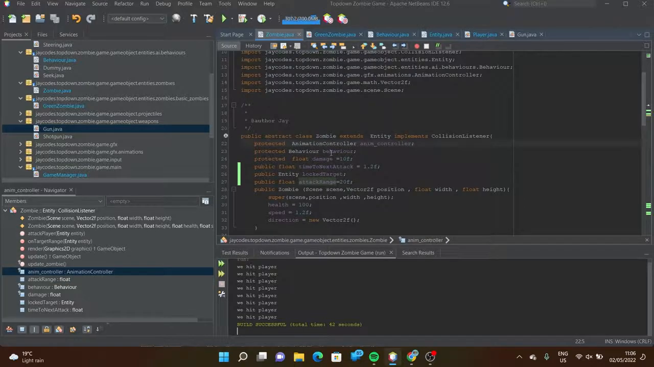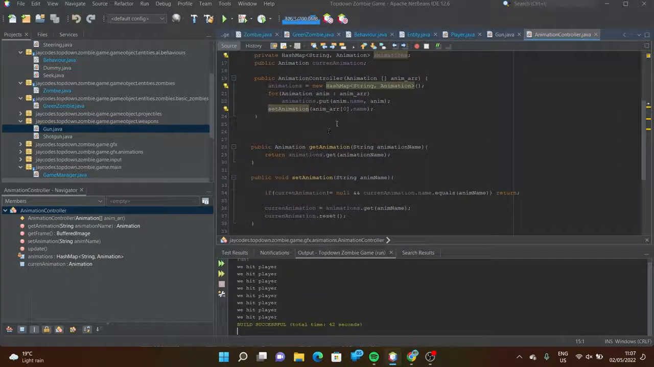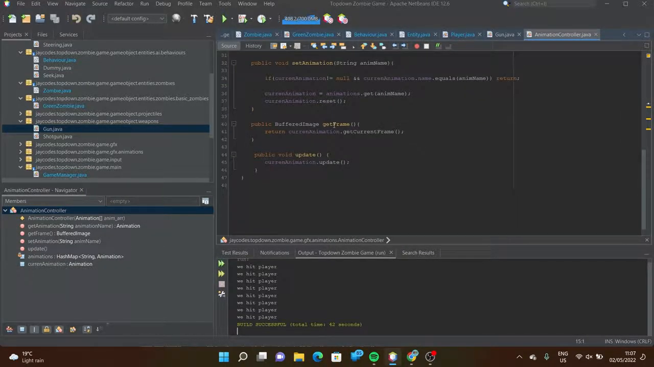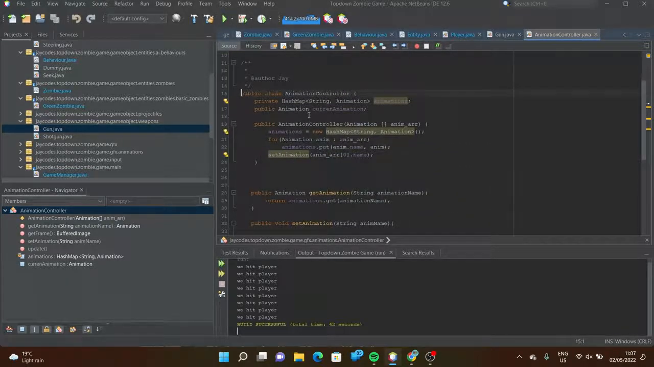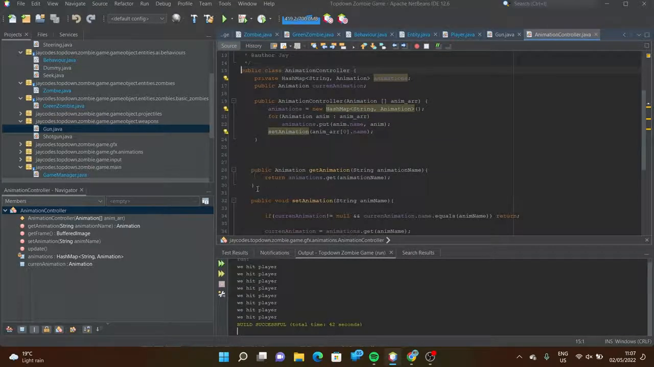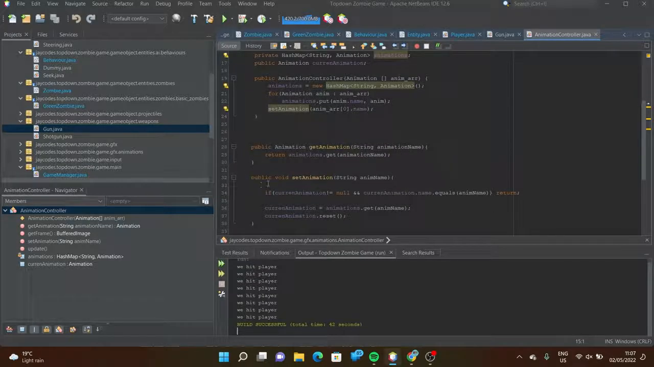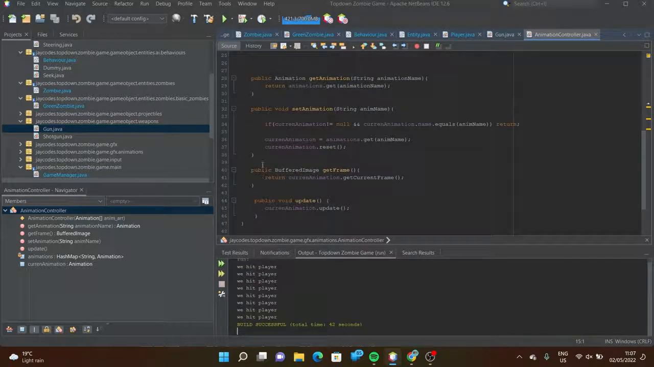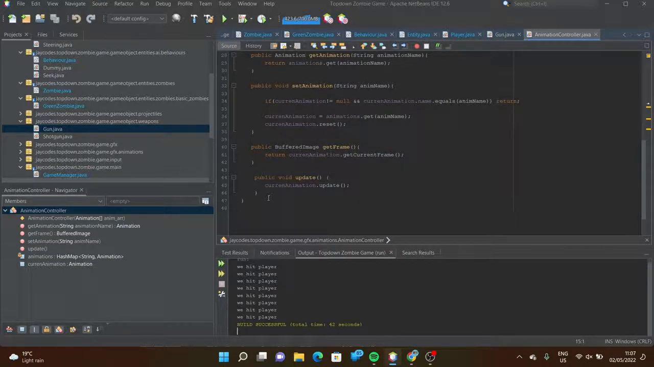Animation dot controller. Let me just go back to this class, and I want to do a few things. Get frame update is running. Set animation and m0.name, public animation, get animation, string animation name, set animation, string animation name, buffer image, get frame update. You also want to say if public